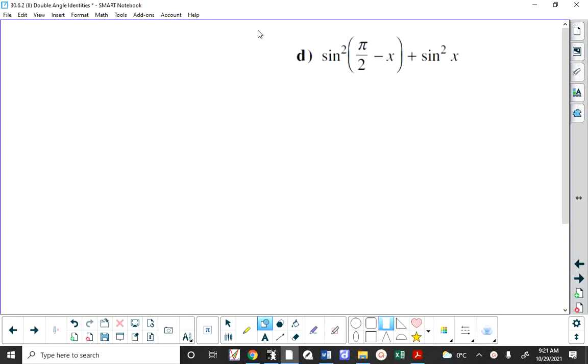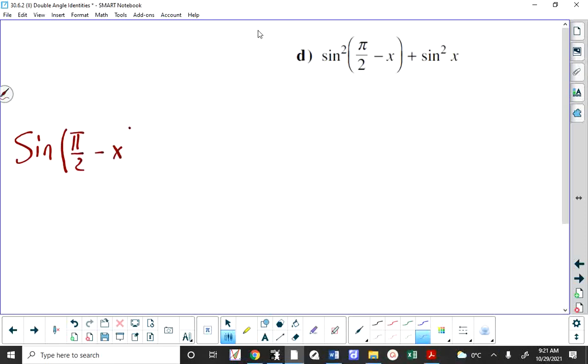So what we need to do is think of this as being sine of pi over 2 minus x. Now, if I wanted to here, I could put sine of pi over 2 minus x times sine of pi over 2 minus x. But what I'm going to choose to do instead